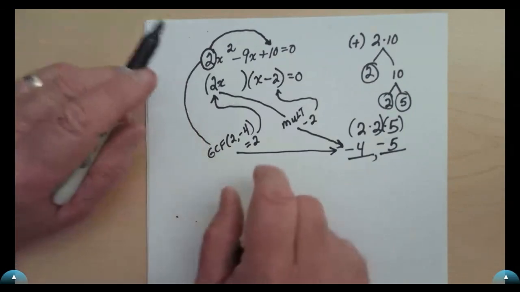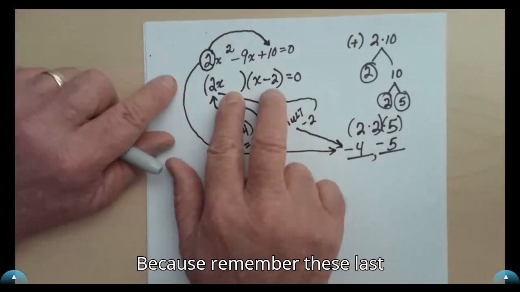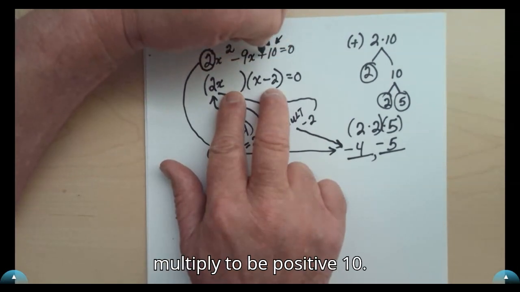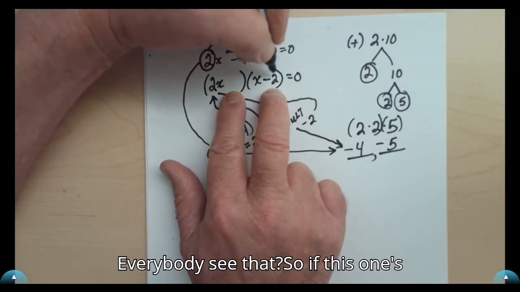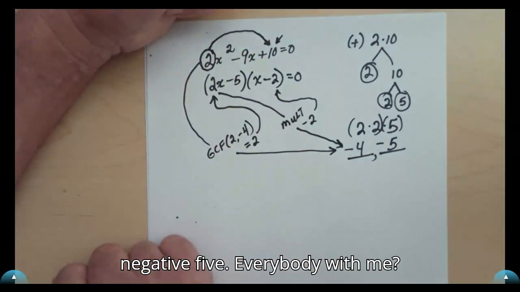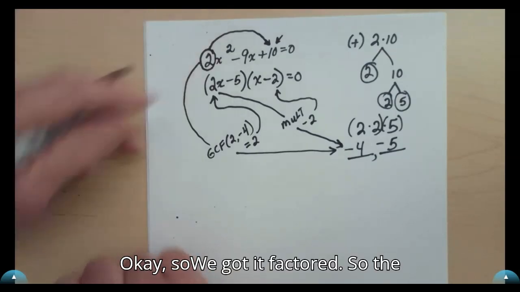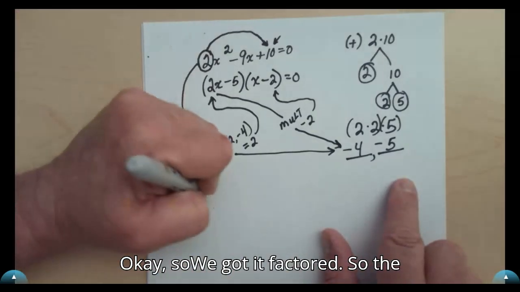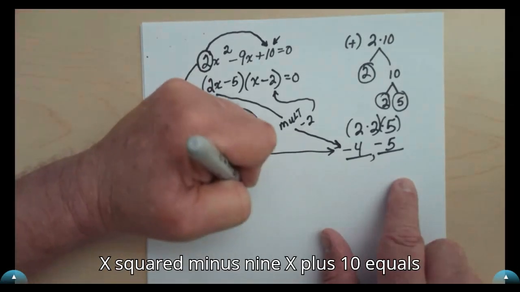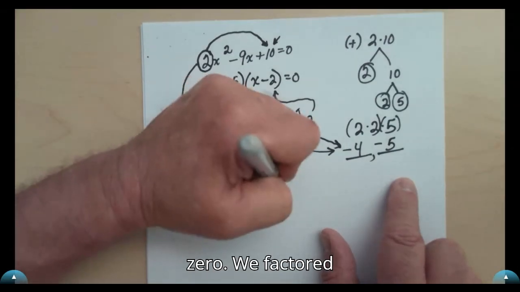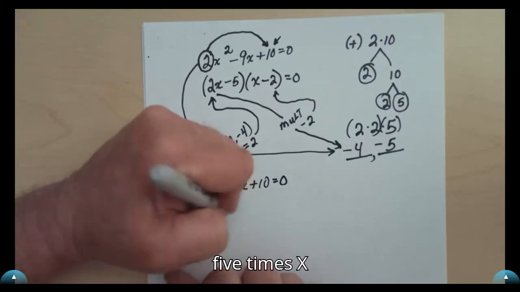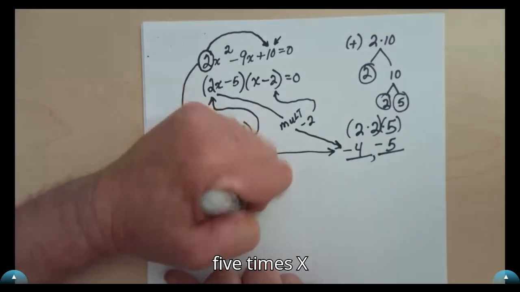-5, right? Because remember, these last numbers have to multiply to be +10. Everybody see that? So if this one's -2, this one has to be -5. Everybody with me? Okay, so we got it factored. The equation we were trying to solve was 2x squared minus 9x plus 10 equals 0. We factored this, so now we have 2x minus 5 times x minus 2